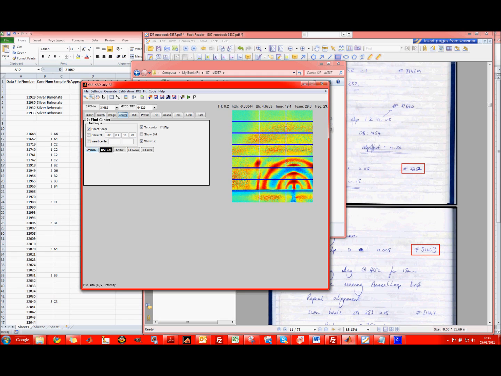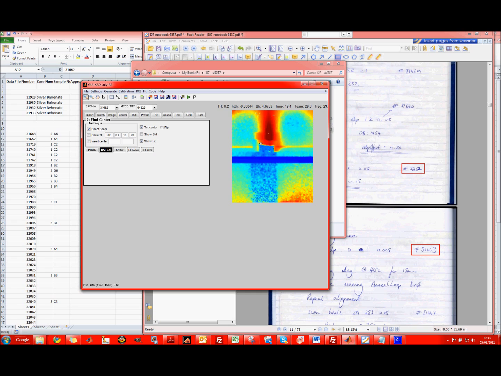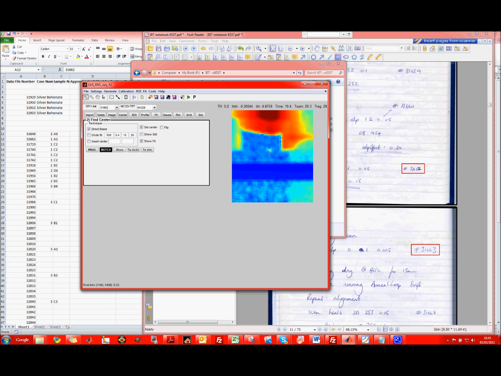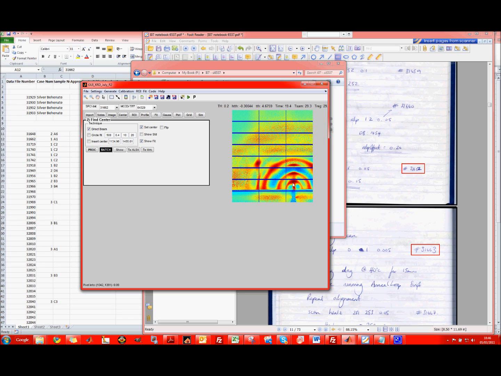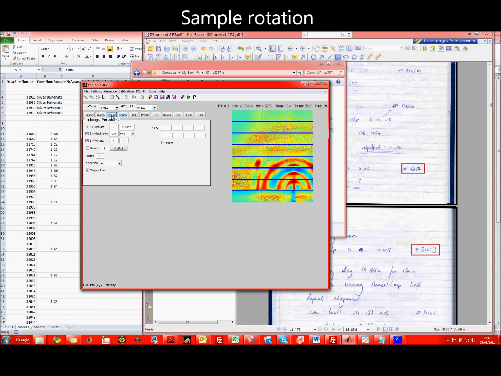Okay, let's try this process with zoom there. Here we see the direct beam. This one, we click here and then we get this. We select this, we right click, crop image, and here we are. But we just note that the sample is not well aligned, so probably it's better if